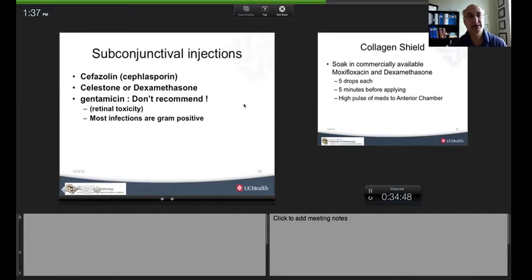What's next? Subconjunctival injections. You can use those. I don't really use these anymore, but cefazolin is what I would recommend. Another option would be to inject a little subconjunctival steroid. I usually do not recommend gentamicin because the risk is if you get that inside the eye, you can get some very severe retinal toxicity. And I have seen cases referred to me where vision was lost due to inadvertent injection of gentamicin into the eye due to retinal